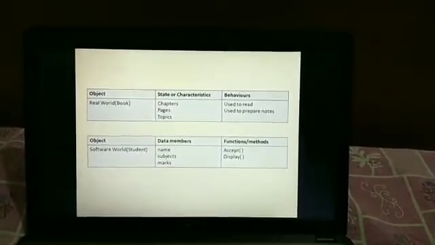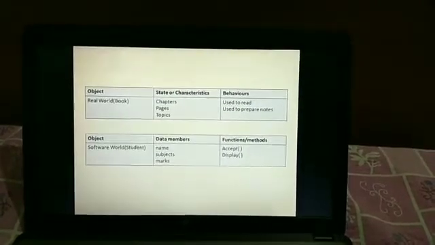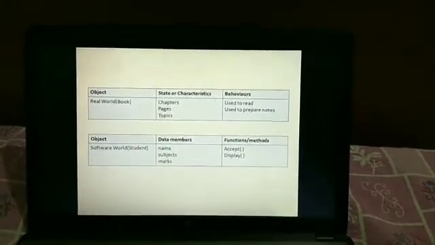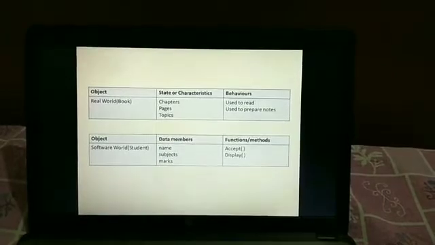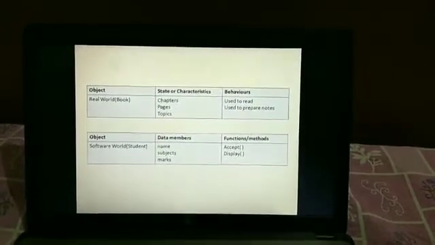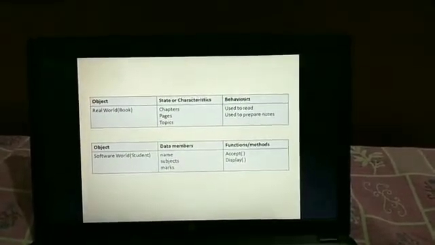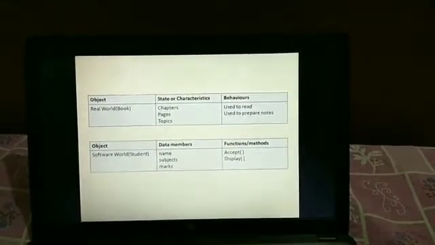So student is an object under the software world, where the data members consist of the student's name, subjects and marks. And here the behavior is the functions or methods. We are taking two functions over here, called accept and display. Why accept and display?